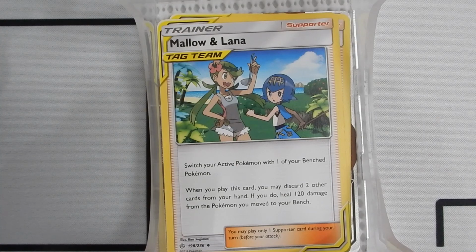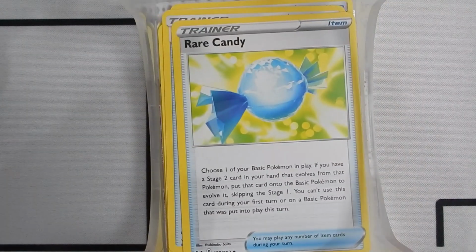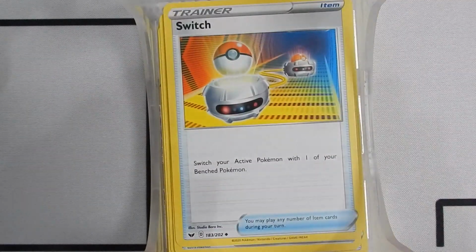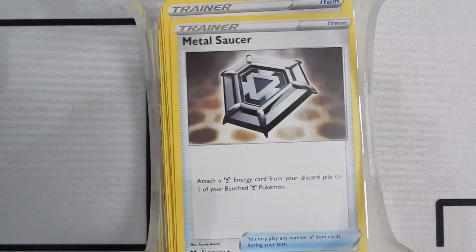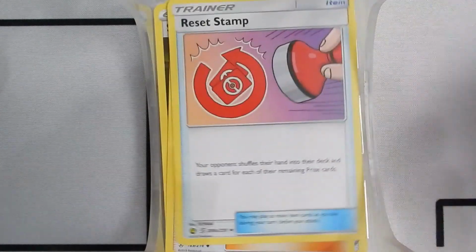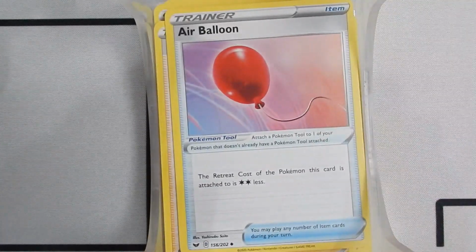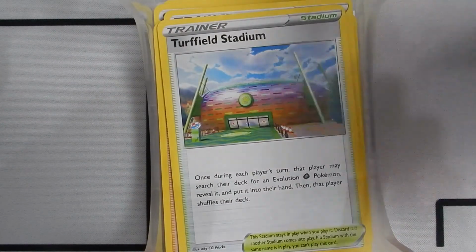So the rest of this is, I believe, mostly, if not all, trainers. So there are 2 Mallow and Lana tag team supporters. We have a Boss's Order, a Pokegear 3.0, Quick Ball, Fire Crystal, Rare Candy, Energy Spinner, Switch, Tool Scrapper, Metal Saucer. There's a Speed Electric Energy. There's a Welder, Reset Stamp, Ordinary Rod, Pokemon Communication, Marnie, Air Balloon, Turffield Stadium, Vitality Band,